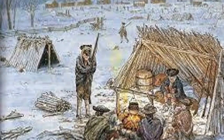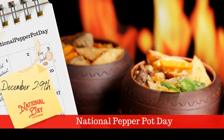He gathered a large variety of ingredients from the area, such as tripe and other meats, as well as numerous different vegetables, especially peppers. He put it into a giant pot, and it was a big success among the soldiers. Since then, December 29th has been declared Pepper Pot Day in honor of the food that kept the soldiers fighting